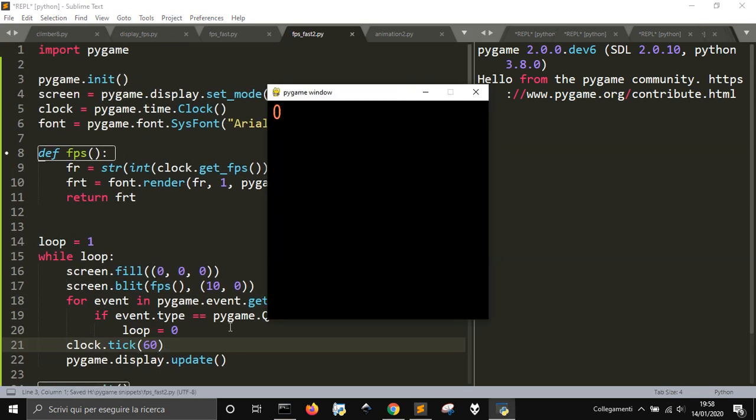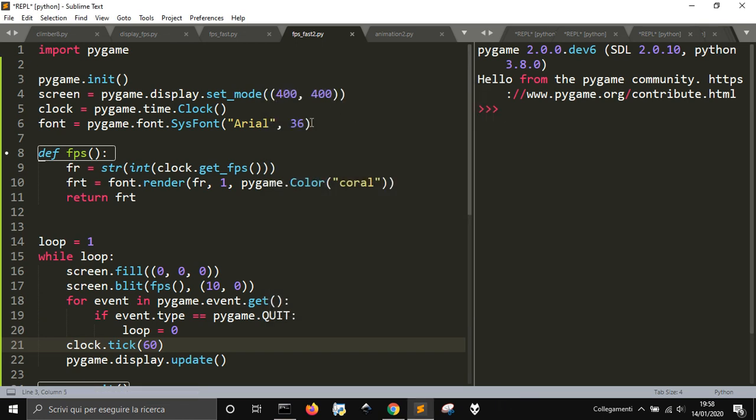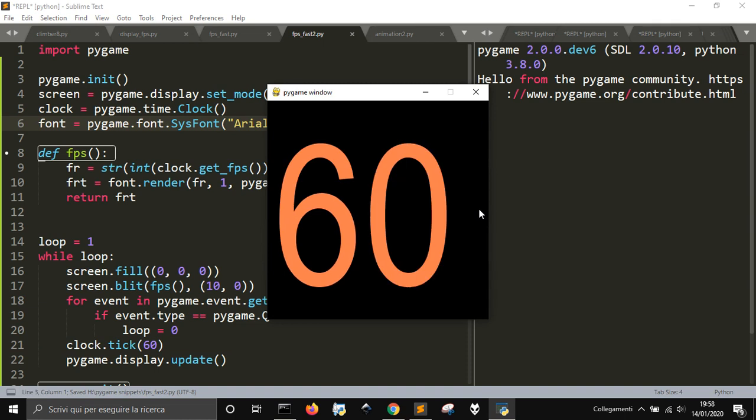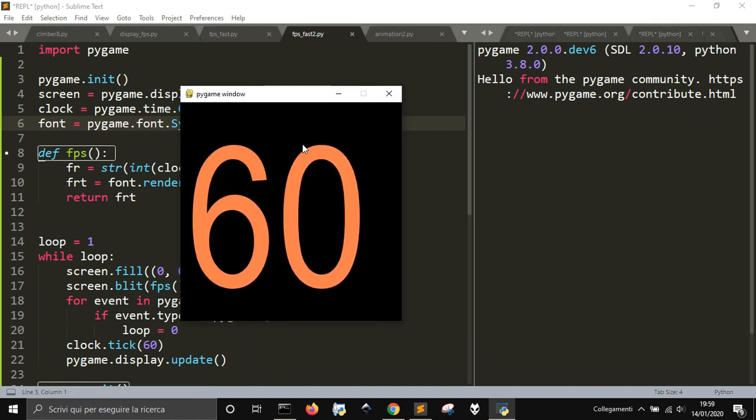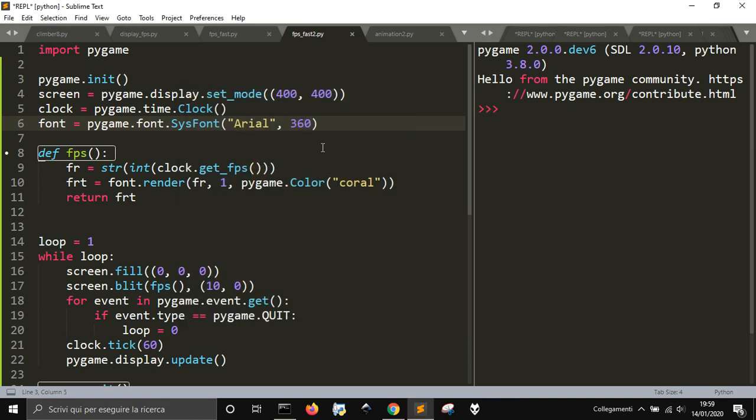Let's see if everything works. Okay, seems to work. There it is. Let's make it bigger, 360. Okay, so we can see here we got the frame rate. We could also make it a little smaller here, 180, and we could also do this free